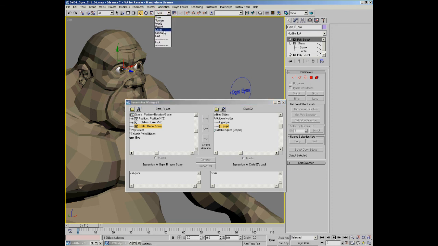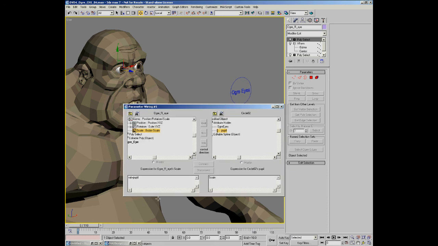We also need to know what axis we need to work on. Throw it on local, and you see it's Y and X that we need to scale evenly. Essentially on Z we don't need to do anything at all. So let's make up a variable, pupil, and we want it to start at a value of